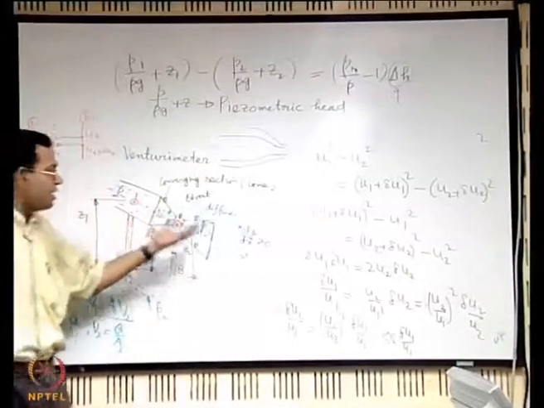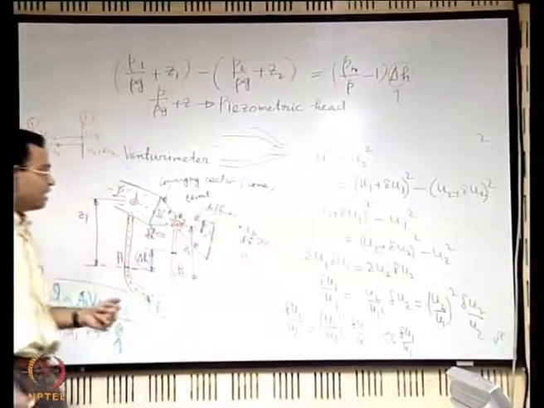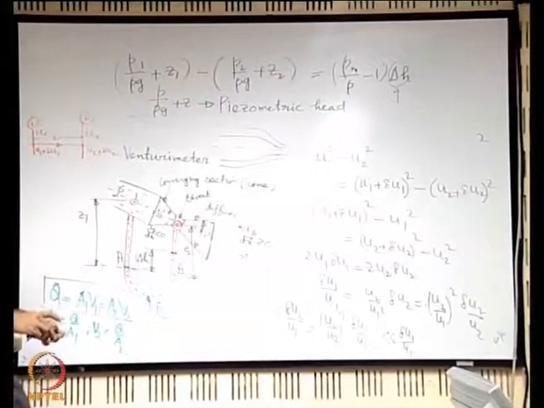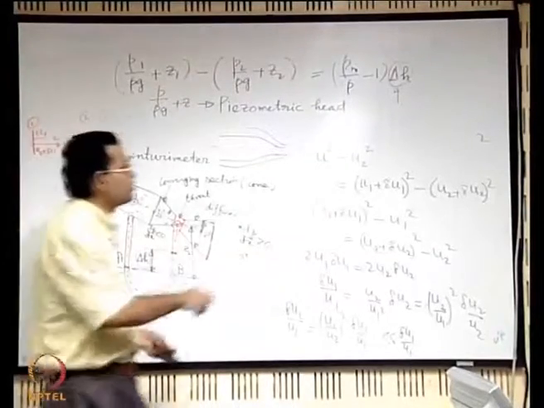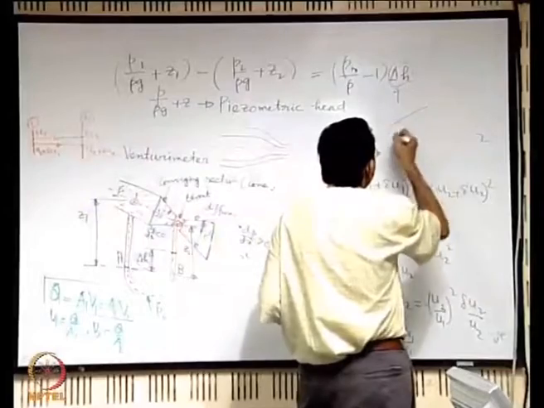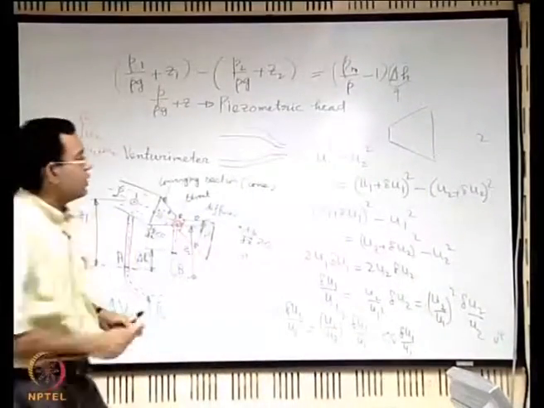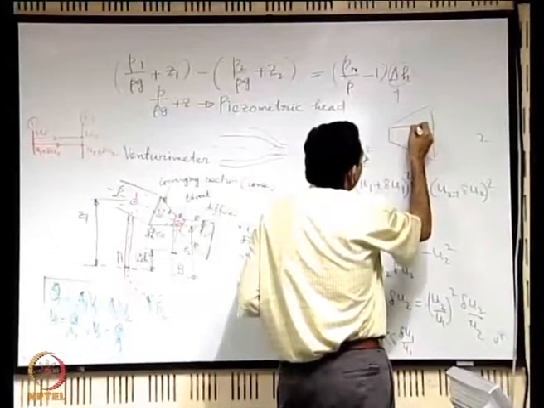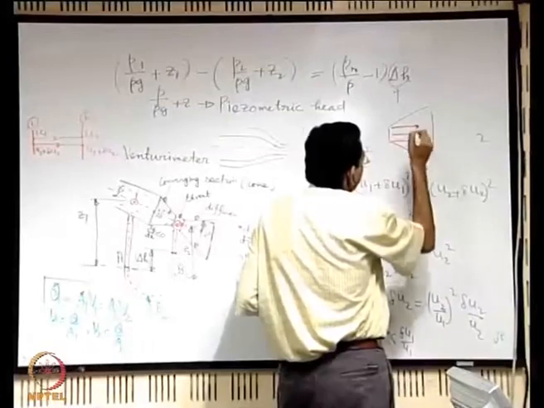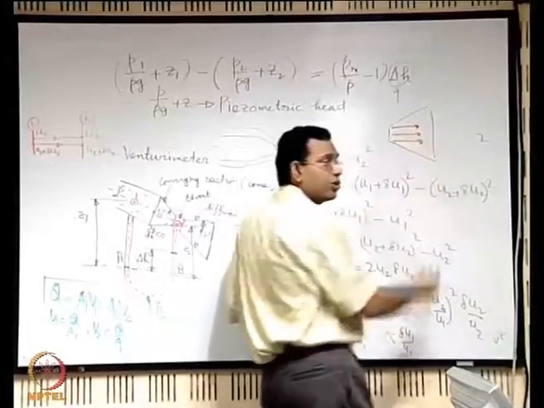So when you have an adverse pressure gradient, which is like this, dP/dx greater than 0, what happens? The flow has a tendency to be decelerated because of that kind of pressure gradient. So if you try to sketch what happens to the streamlines in such a case, the flow tries to move like this, but because of the deceleration effects, and the deceleration effects are more severe close to the wall.